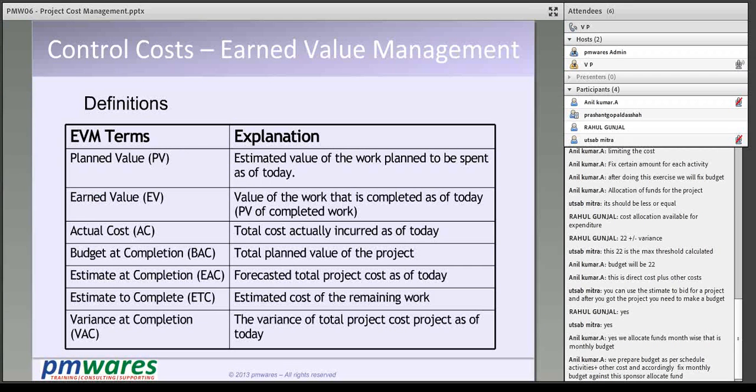Okay, so what is EVM? Let's understand EVM. How does EVM help us to control the cost, not only cost but schedule as well. So we have three things: PV, EV, and AC. PV is planned value, EV is earned value, and AC is actual cost. So let's understand these three terms, because everything depends upon these three terms. Okay, please understand carefully. If you find something confusing, please let me know.